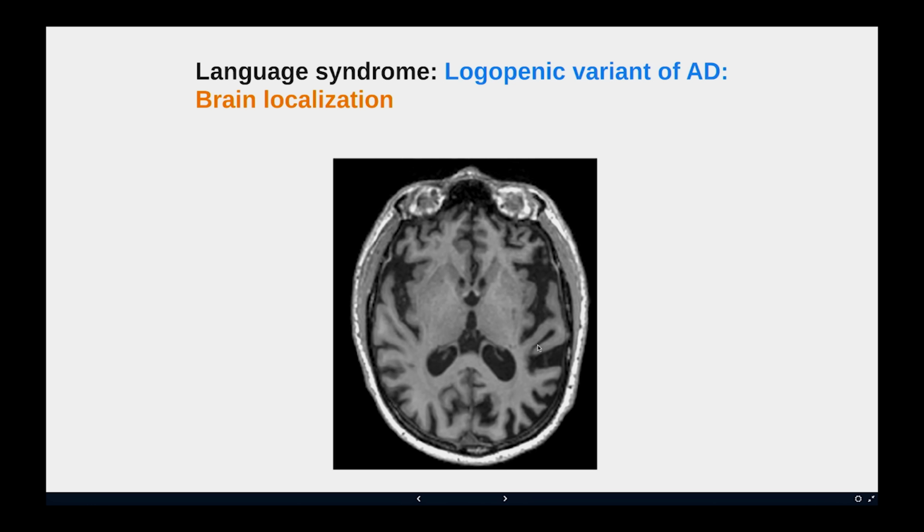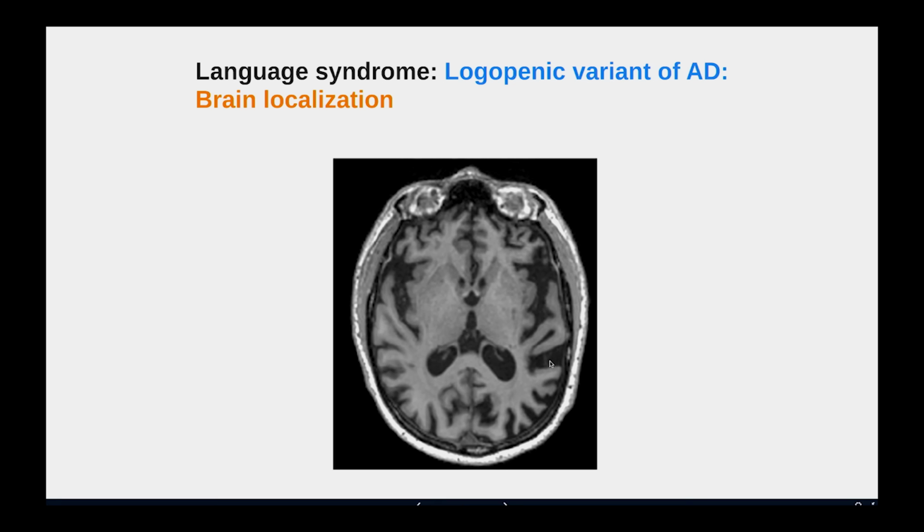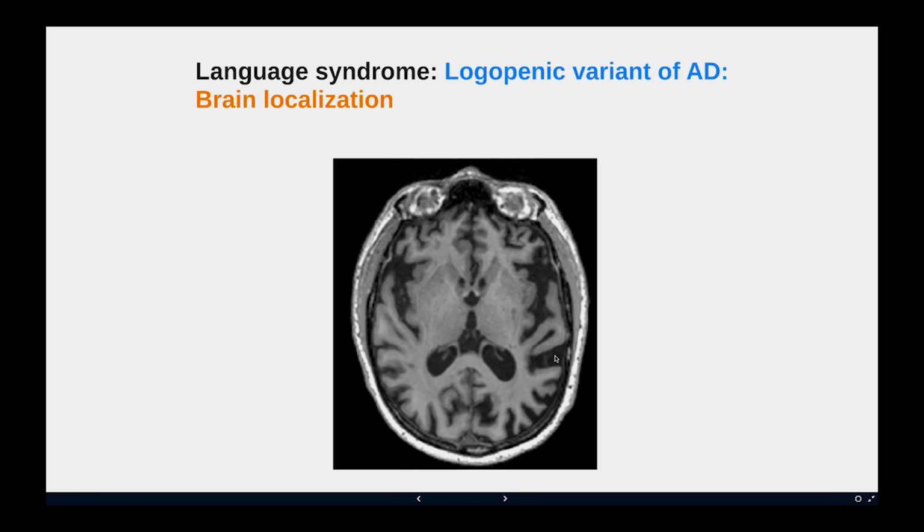I'm going to bring your attention to this part of the brain, where you see that there is a lot of spaces, like this big space here, some of these spaces here, as compared to that side of the brain. So this is the right, this is the left. This is part of the parietal lobe, which I showed you earlier, but it's a little bit lower. It is where we are processing some of these sounds of language, and this is the reason why these patients struggle.